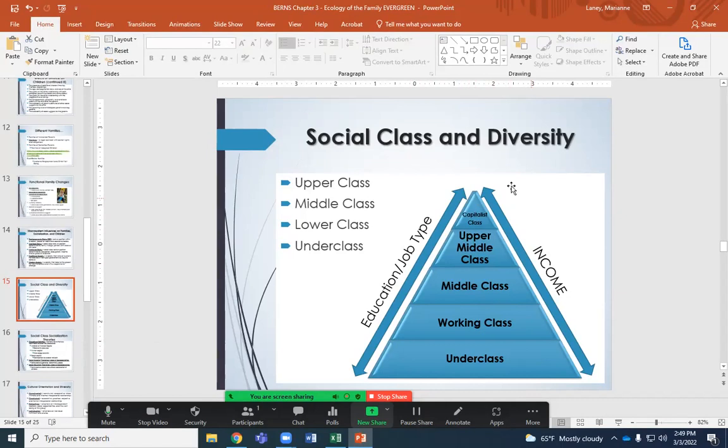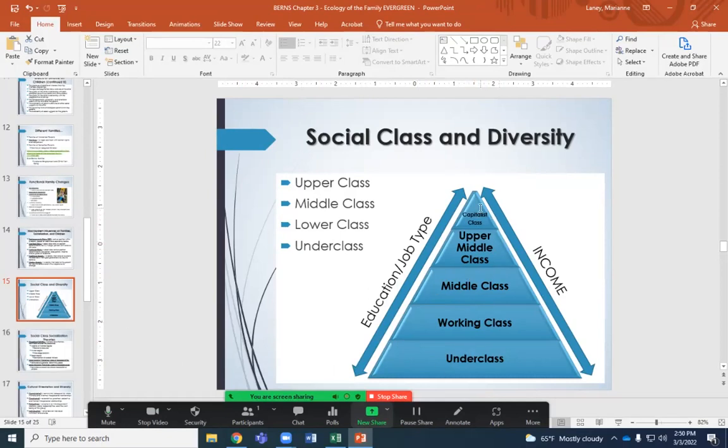So again, going back to Prince William, yeah, he would be here. I mean, he doesn't own millions and millions of dollars of businesses, but he's got the income, right? Upper middle classes, and you'll see, these are maybe business owners. And then middle class is very common. The working class and middle class are typically the largest, right? And the underclass is getting a little bit bigger. We have a big homeless issue here in California. It's never going to go away. But again, these are shifting a lot, and not always in a good way.